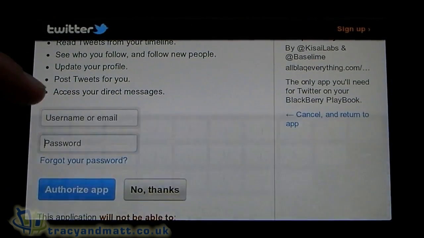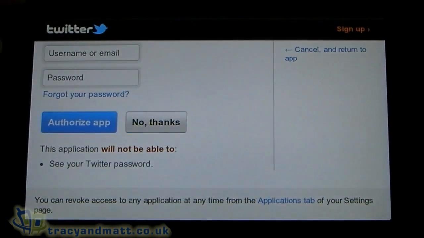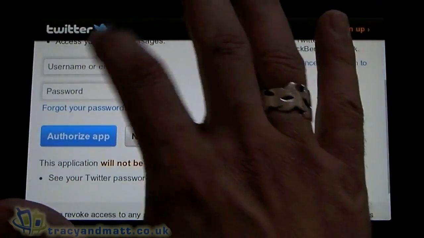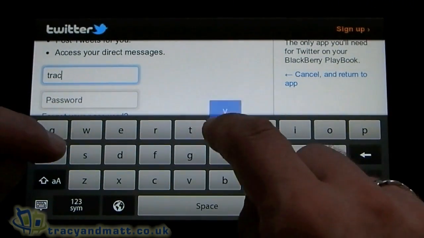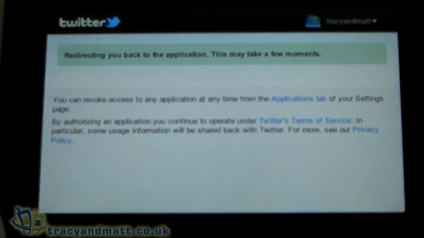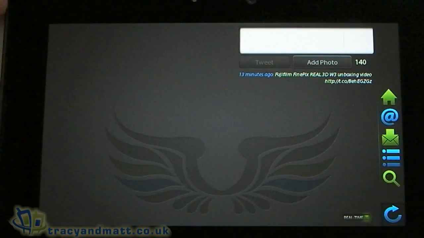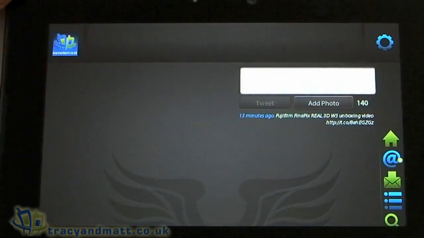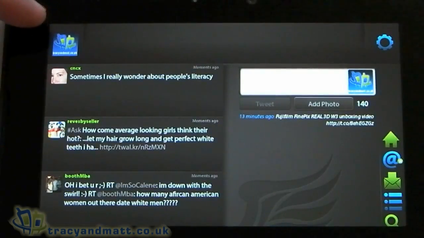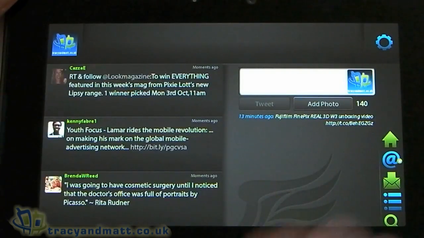There we go, and that's where we obviously put in our username and password to authorise the application. I might as well do that while we're here. I won't show the password though, otherwise I'll get into trouble. And as you can see, now I'm logged in on the Tracy and Mac accounts. So jumping back into the settings,